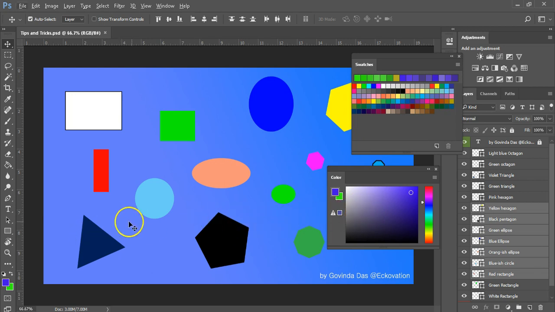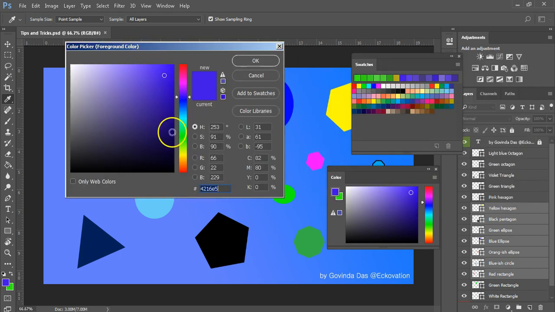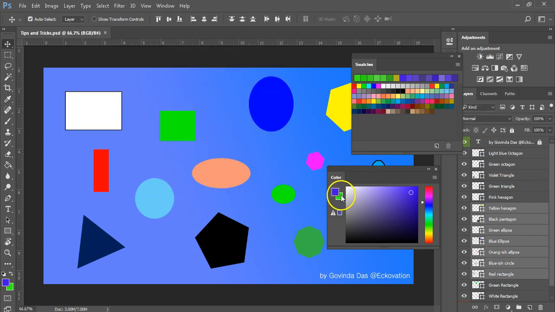Now go ahead and click on the foreground color square. Any square will do, whether it is on the toolbox or on the color panel, it doesn't matter. Just go ahead and click it. And here pops the new dialog box called color picker. And in the brackets, it shows whether it is for foreground or for background. So no need to worry there if you have forgotten what you have clicked on. Now, the main use of this color picker panel is when you don't have the color panel visible or active and you quickly want to change the foreground or background color, or if you want to save your foreground or background color.